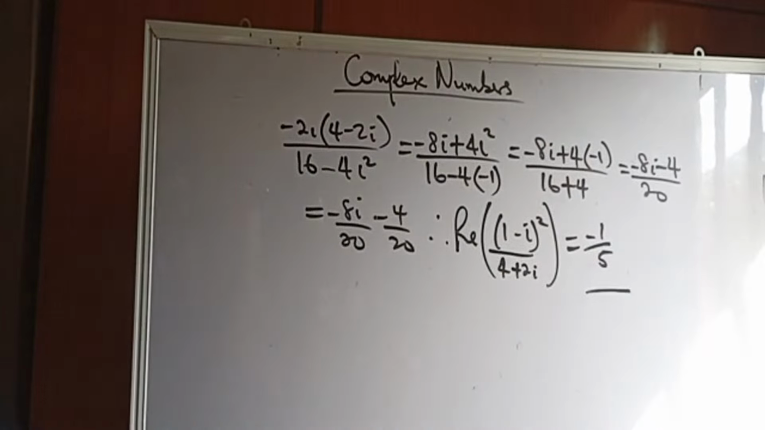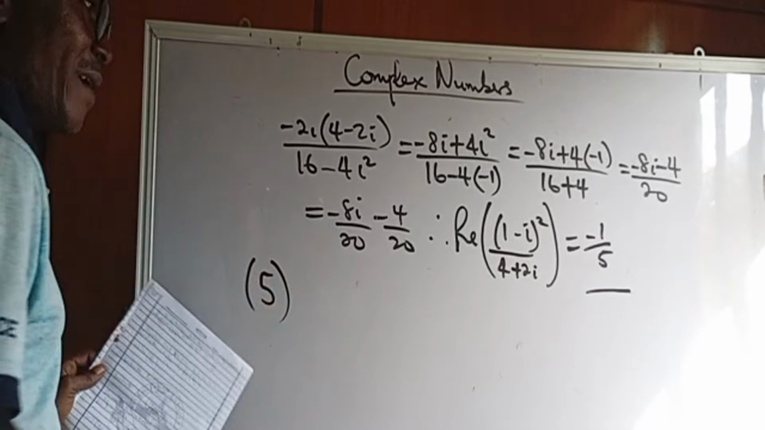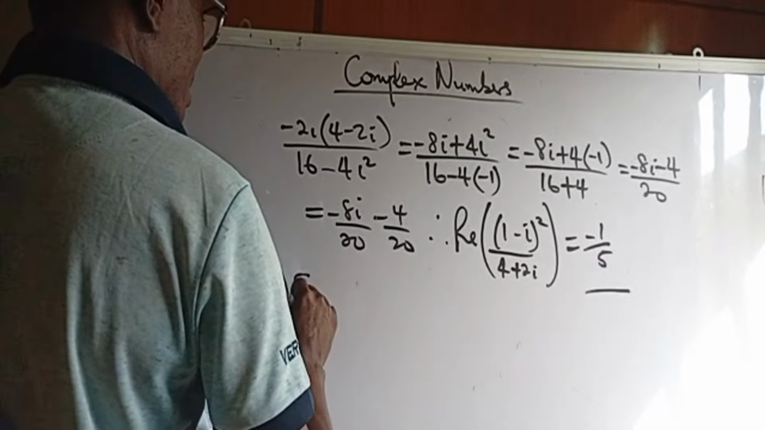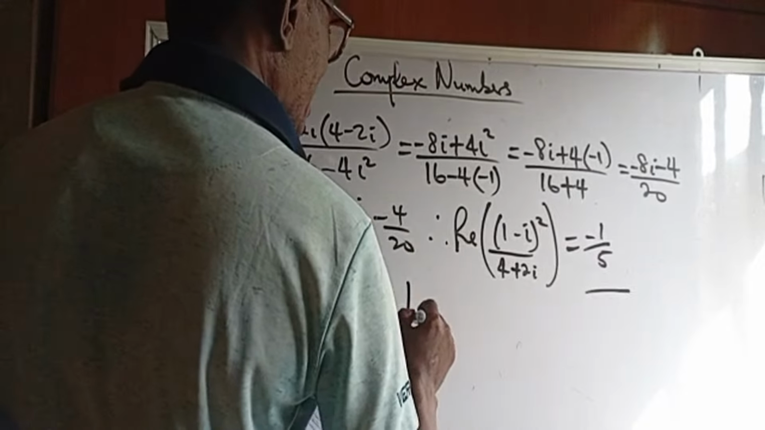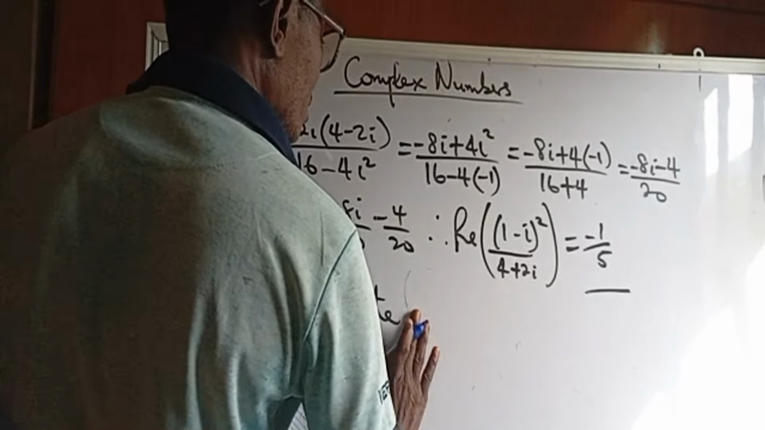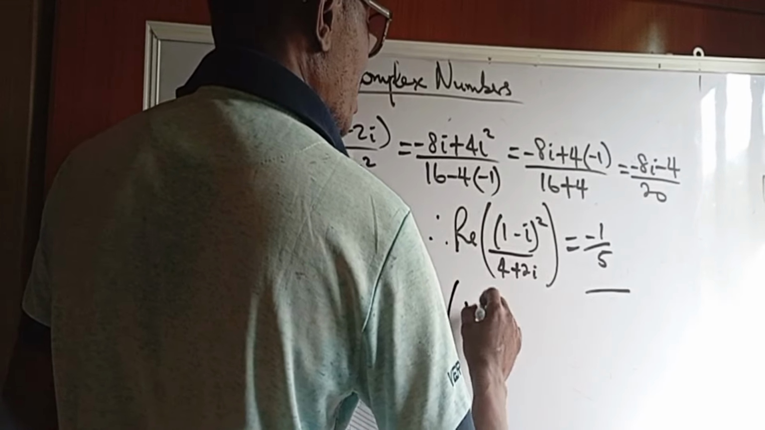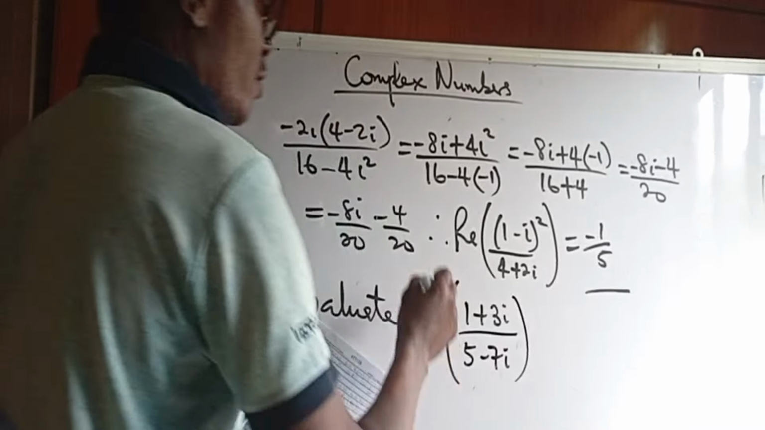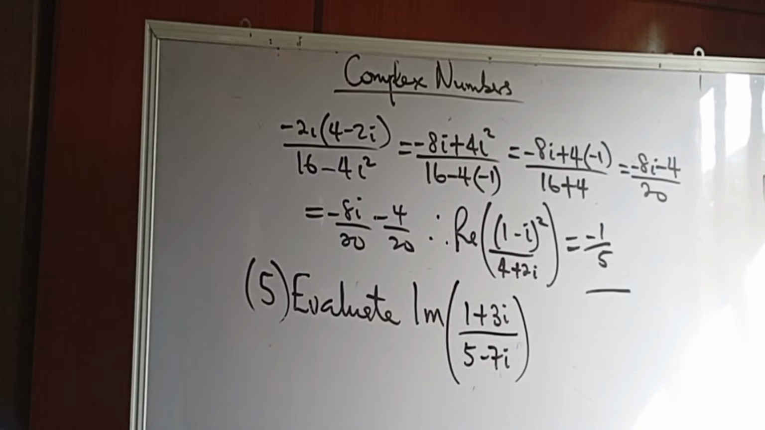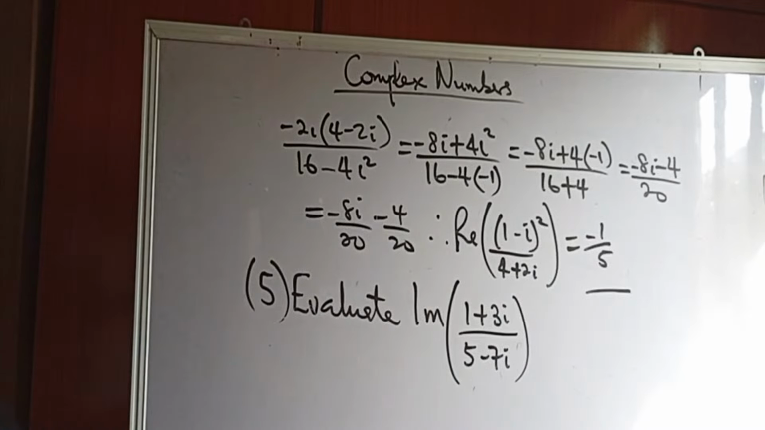Now, let's look at another question here. I think this is question 5 or 6. We can solve as many questions as possible if time permits. So evaluate the imaginary part of 1 plus 3I all over 5 minus 7I. It looks like limit, but it's not limit. It's the imaginary part. Now, you can see that this question looks exactly similar to the previous, except